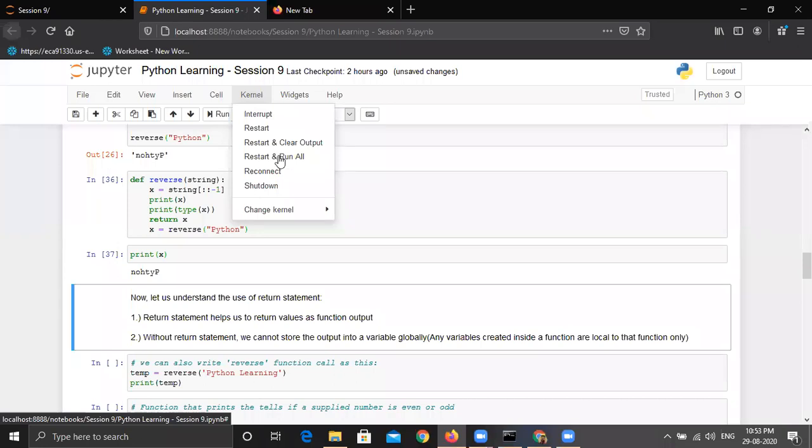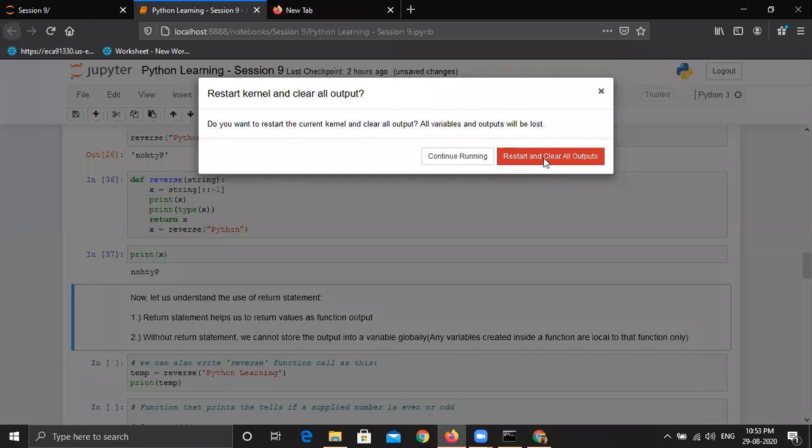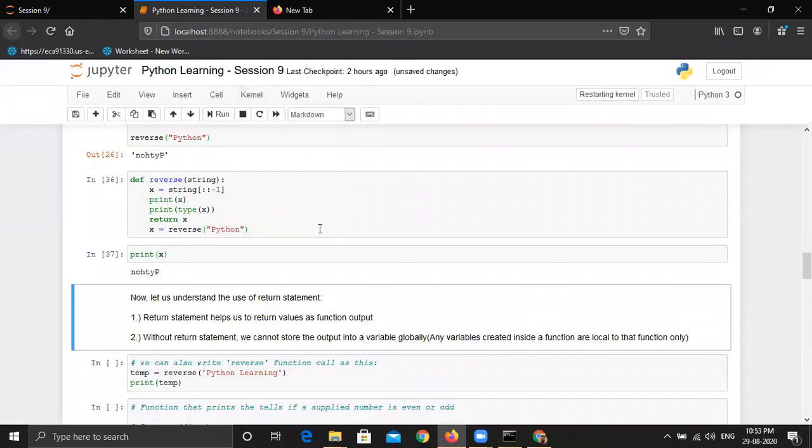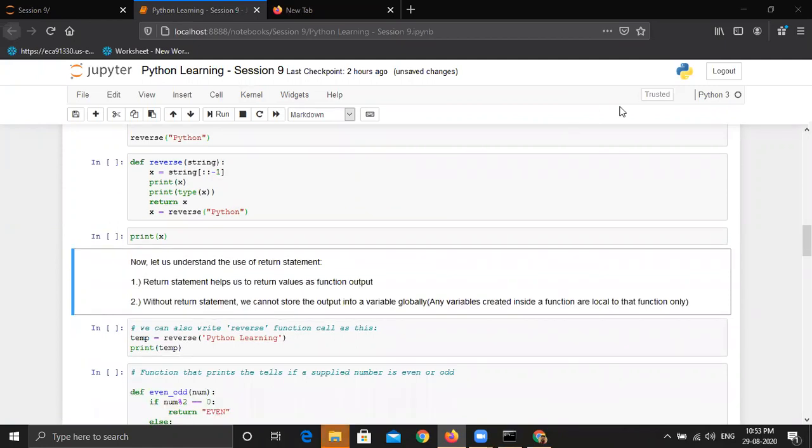Let's restart the kernel once. It is restarting, and we will get the status here that the kernel is ready. And someone asked something in the chat. So Dheeraj is asking, def reverse colon and then reverse of xyz.